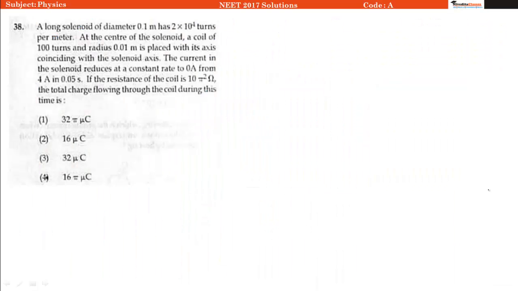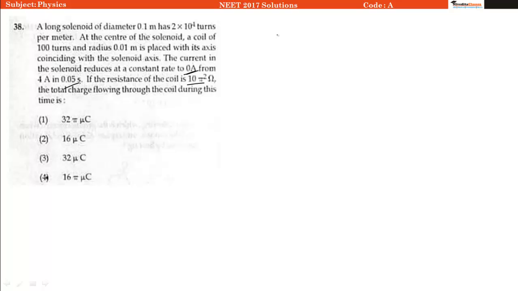A long solenoid of diameter this has this many turns per meter. At the center of the solenoid, a coil of 100 turns and radius this is placed with its axis coinciding with the solenoid axis. Now the current in the solenoid reduces to 0 ampere from 4 ampere in 0.5 seconds. If the resistance of the coil is 10 pi square ohm, we have to find the total charge that will flow